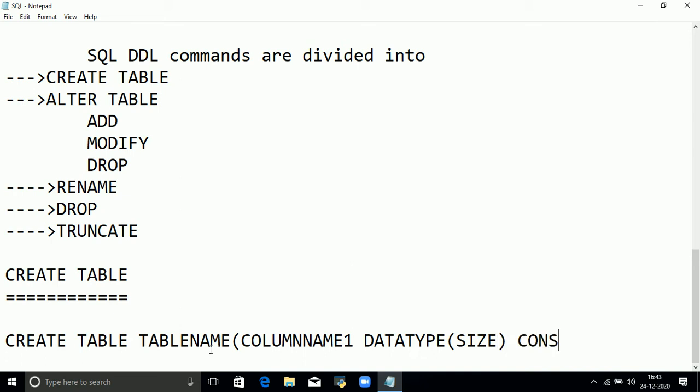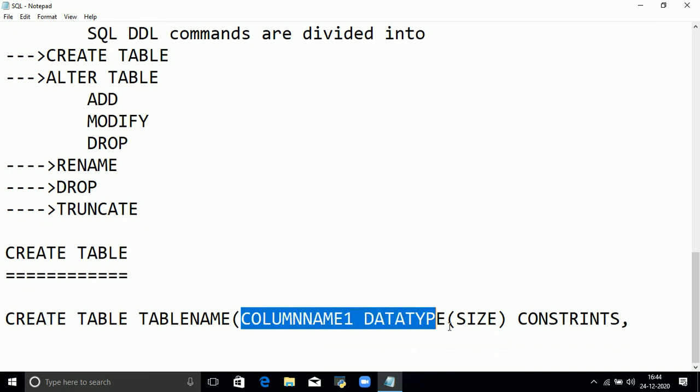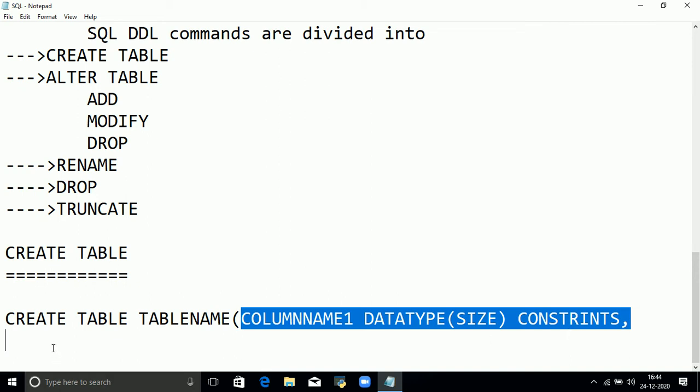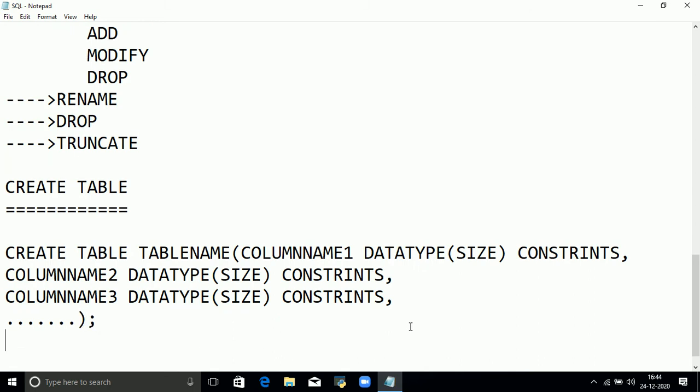We have to use constraints. Then column name 2, data type of size and constraint, column 3, data type of size and constraint, and so on. Give the semicolon.